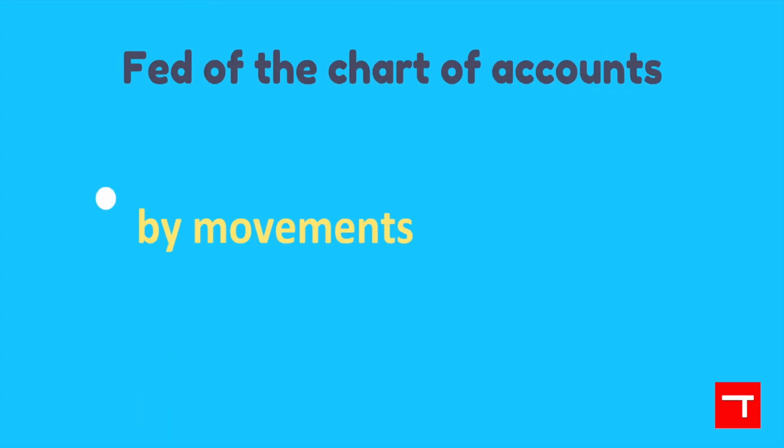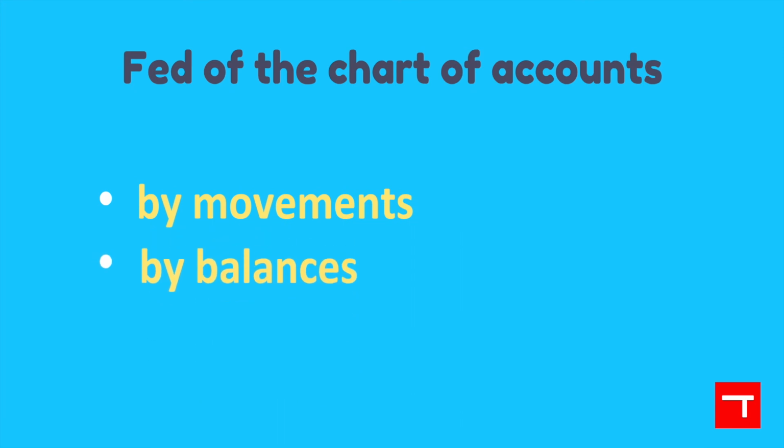It is useful to identify how the accounts are fed, which can be by movements or by balances. In the movement feed, the account is fed when each accounting event occurs. In balancing, the account is handled on the basis of inventory situations, on a pre-established date. The different feeding modes often coexist,